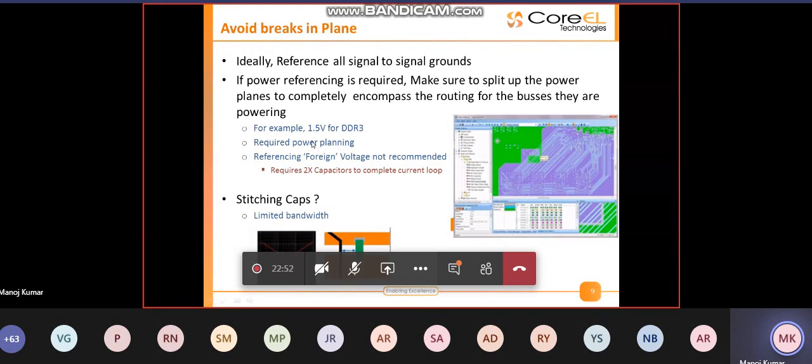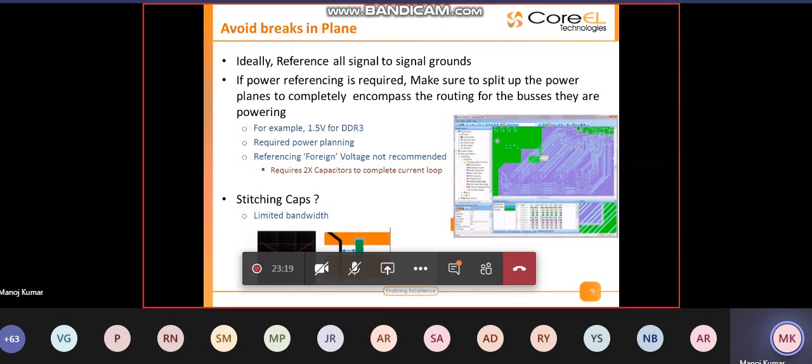Okay, and now having such an environment will basically increase the number of power planes in your design. So if you start taking out power planes for separate interfaces or high speed interfaces, at the end you see that it has increased your stack up, which will eventually increase the cost of your PCB.